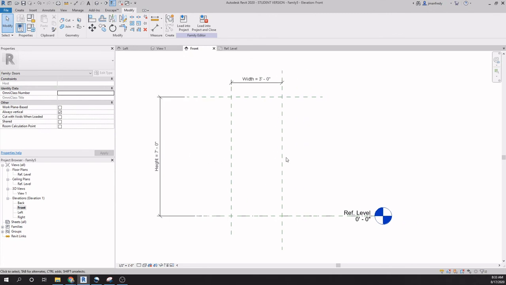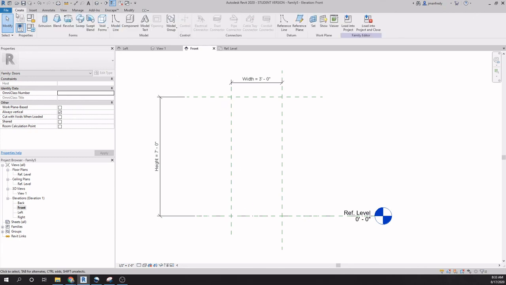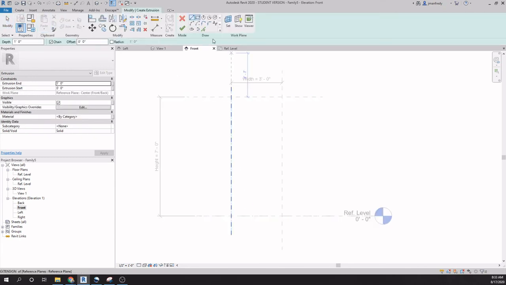So I'll draw my door inside of this area here. Under create, I'll use the extrusion, and I'll simply draw a box inside of here because I like to make it explicit that I'm trying to align these lines to those reference planes. So I'll typically draw a little shorter, and I'll do AL for align, and lock every edge here to there. Here you want the reference plane, so hit tab until you find it right there, reference plane, lock,